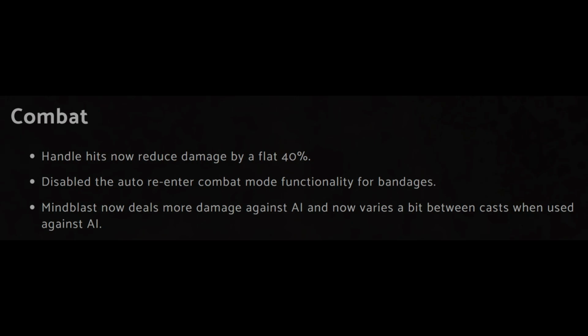Mind Blast now deals more damage against AI and now varies a bit between casts when used against AI. And finally, Starbolt is making a distinction between fighting against AI and fighting against other players, because this was always a concern for the Mortal veteran players, or for many players from Mortal Online 1, that every time Starbolt nerfed a weapon,